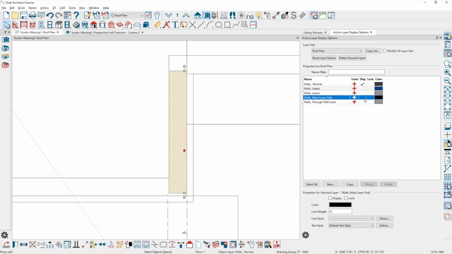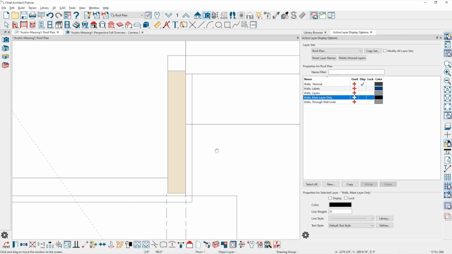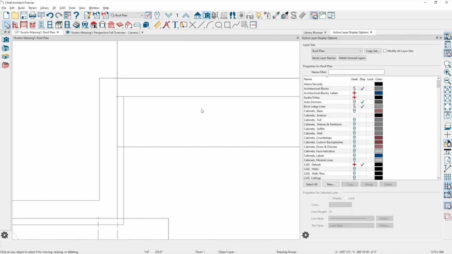Right. So I have my main layers only turned off. And wall normal is the only one that's turned on when I'm selecting the wall. But okay, if you click on that and remove that pony wall option, then you may see what I'm seeing here. Well, that would be the same wall as this one over here. That's not a pony wall